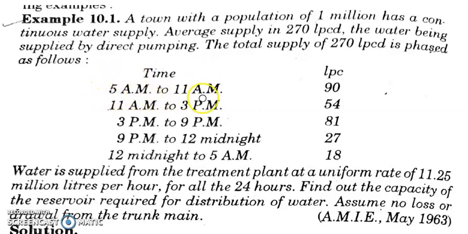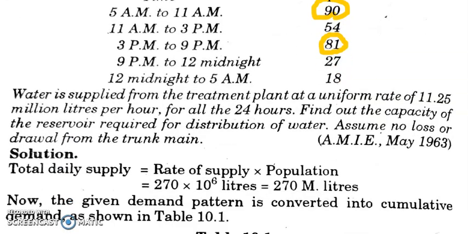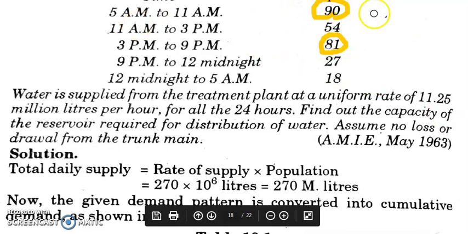Morning 5 am to 11 am, when the maximum demand of water is there, that is 90 LPCD, and then 11 am to 3 pm it is 54. Again 3 pm to 9 pm, usually when people come back from work, there will be an increase in the water demand, so it is 81. 9 pm to 12 midnight is 27, and 12 midnight to 5 am is 18 LPCD. So the total LPCD of 270 is phased into 5 different times and in 5 different values,